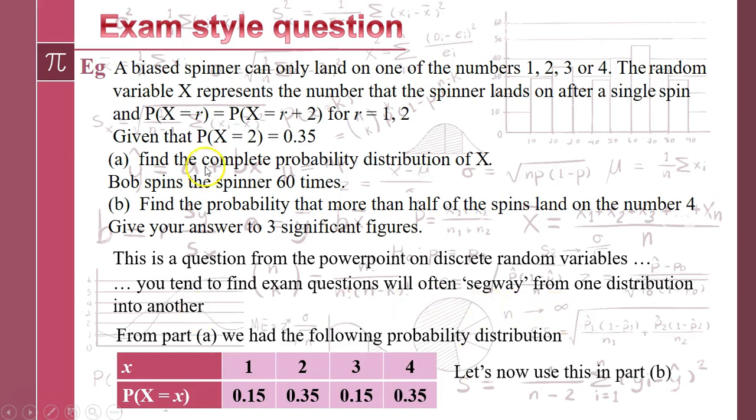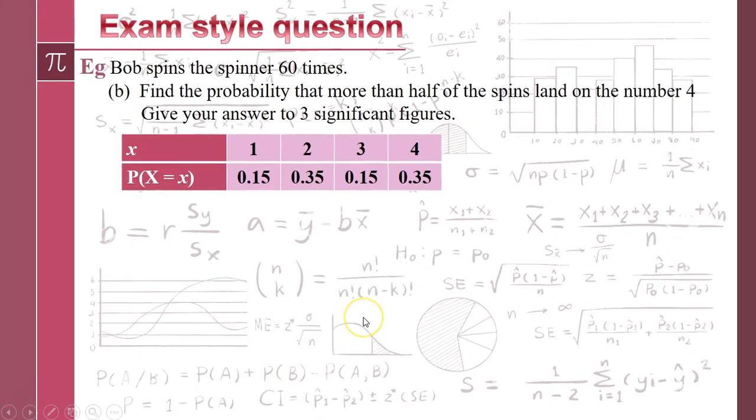Well, in the first part, we used all the information up here to create our probability function, our table of probabilities. And this is just to do with a single spin. What is the chance that from a single spin we land on each of the outcomes? Those outcomes are not all the same. Right? But part B is changing that and saying, well, you know what,